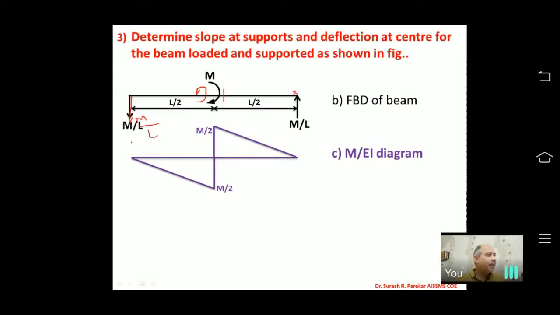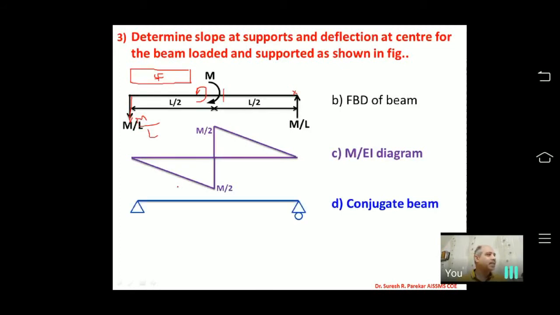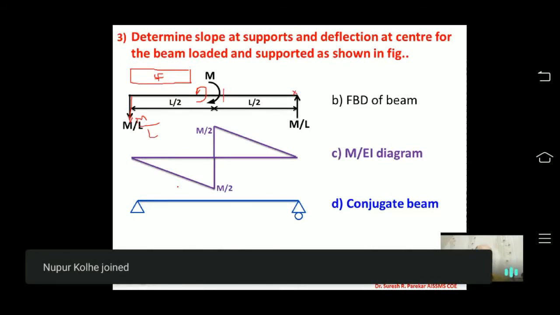Now why do we have the bending moment diagram in this way? If you draw the shear force diagram, I have M by L, no load, and M by L. So this will be the shear force diagram. If in the shear force diagram we have a horizontal line, automatically we are going to get this line as linear in the bending moment diagram. Now the conjugate beam will be as it is, because we have end supports, simple and roller only.